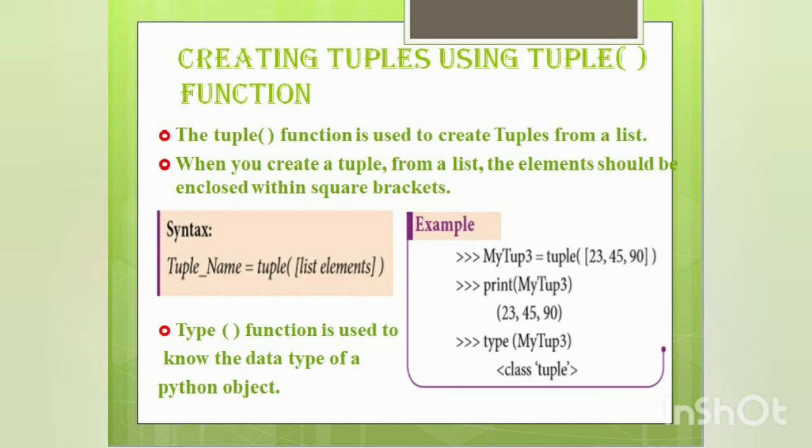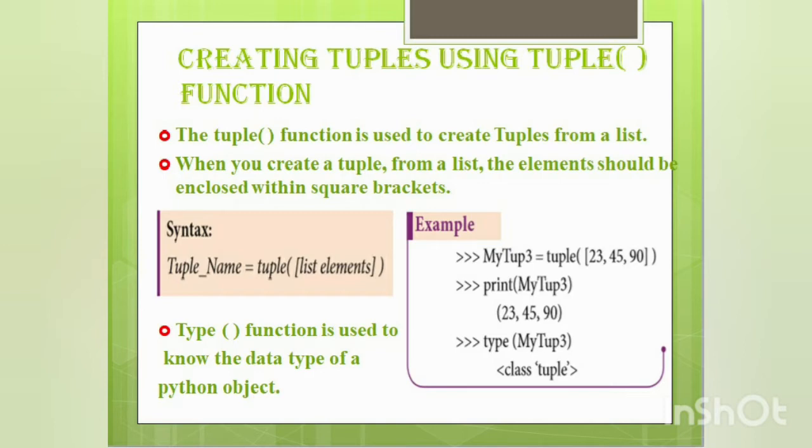Now look at the syntax. Tuple name is equal to tuple of, this is the tuple function, then the list elements enclosed within the square brackets. Now look at the example. my tup3